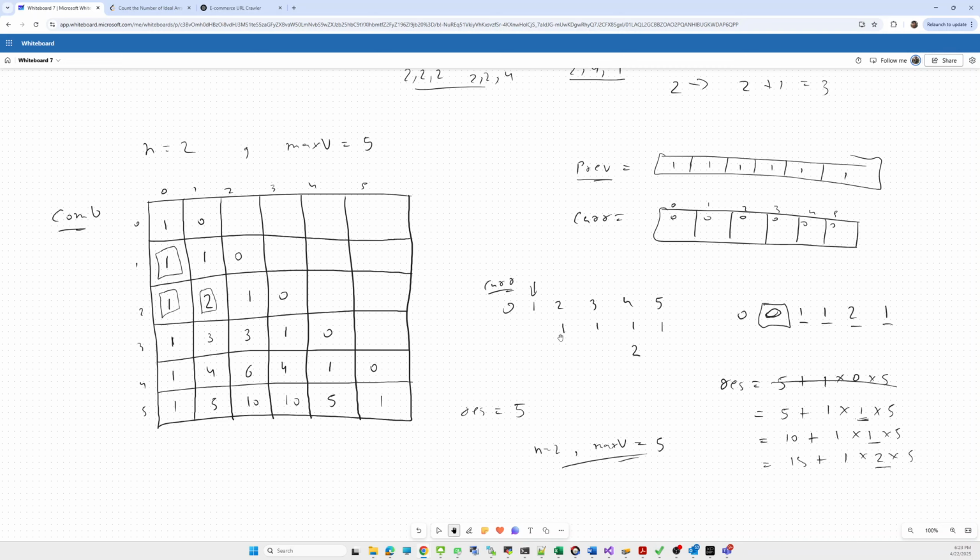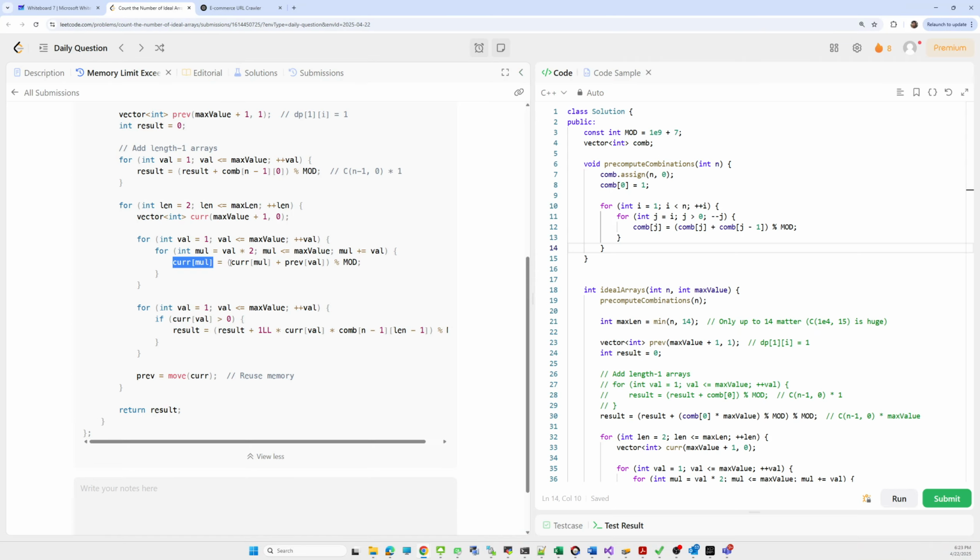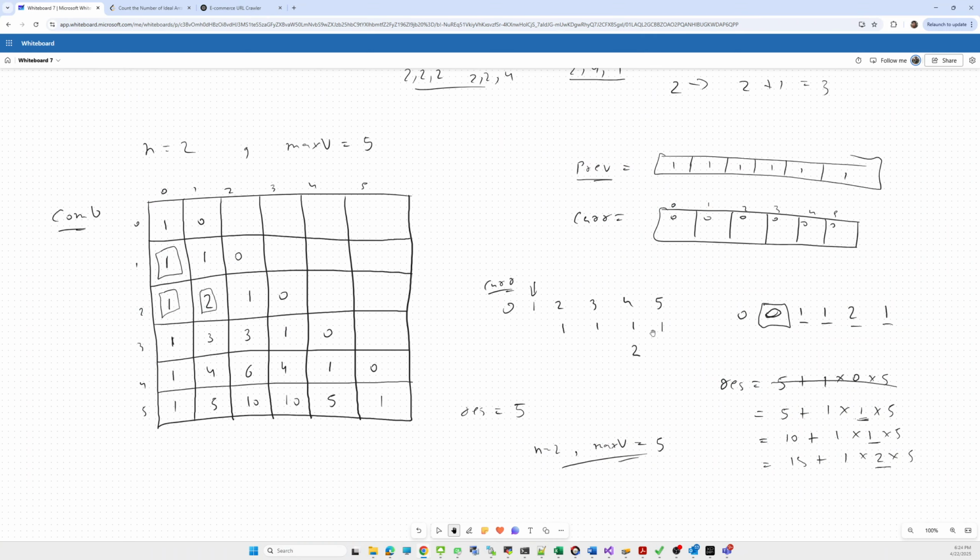Okay, so like this what we did here, just get the current multiple, whatever it is, 0, and the previous state of that value. Previous state of 1 is 1, so 0 plus 1 is 1. Next we'll go up, then the current multiple of the next 2 is 1. So in that way we'll update 1 1 1 1 1.